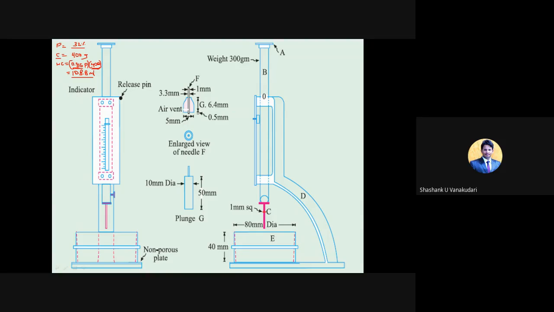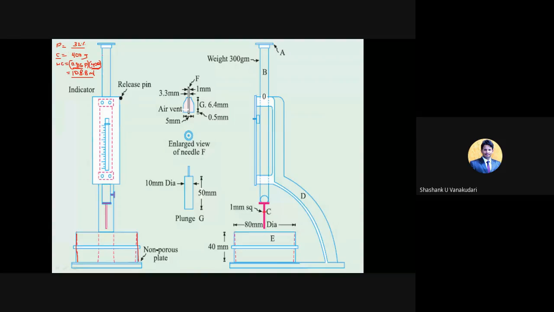So now you need to add this 400 grams of cement and then 108 ml of water, and you need to fill it in this vacuum mold. In this vacuum mold, you will fill that cement paste. Clear? The mixing time should not be less than 3 minutes, and it should not be more than 5 minutes. So that much you have to understand. The procedure is again similar.